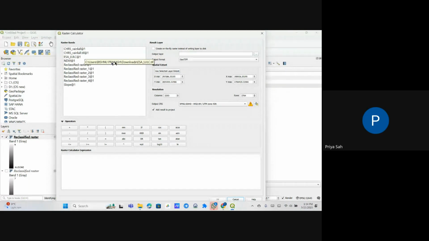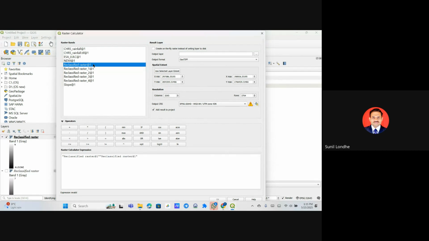सर ये आया थोड़ा सा आपका लेयर? नहीं सर। डबल क्लिक करिए इसमें। लेयर को डबल क्लिक करिए ना। जो लिस्ट ऑफ लेयर्स है, रास्टर बैंड्स लिखा है ना, उसके नीचे लेयर्स है, इधर लेफ्ट, हाँ, इसमें क्लिक करिए, जो भी आपका क्लासिफाइड होगा, डबल क्लिक। ओके सर। आ गया? नहीं आया, डबल क्लिक करिए। हाँ, आ गया। अब इसके सामने आपको प्लस, माइनस, मल्टीप्लिकेशन, जो भी देना है वो देना है।